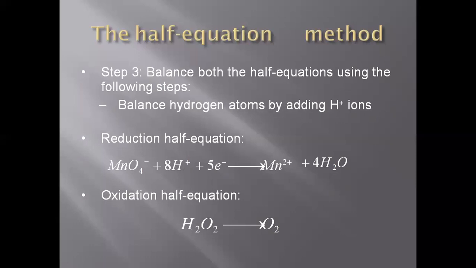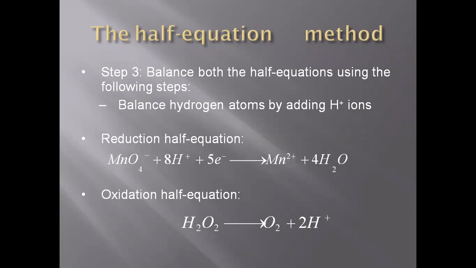Yes. So the second one: as you can see here, we have H2O2 gives O2 molecules. Here we have H2O2, here O2. How much do we need to add? Only hydrogen. There is a difference of 2 hydrogens only, because oxygen is already balanced on the LHS and RHS. So we need to add only hydrogen. To balance the hydrogen there is no need to add a water molecule, because if we add a water molecule here, the oxygen balance will be spoiled. So we need to add only H positive. So we added 2 H positive. As you can see, both sides are balanced: H2O2 gives O2 plus 2 H positive.